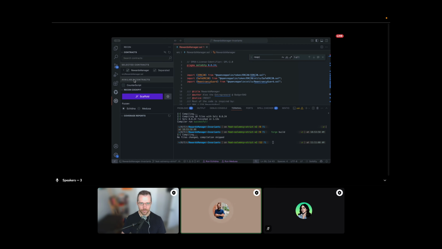There's also an option to have them separated. You can see that you have currently selected the rewards manager in a separated mode. And that simply means that we're going to create a folder called targets and a file called reward manager targets. And that's where we're going to put all of our handlers, which we're going to talk about what those are later. So now the extension looks good, compilation looks good, and you will simply click on scaffold, which will generate